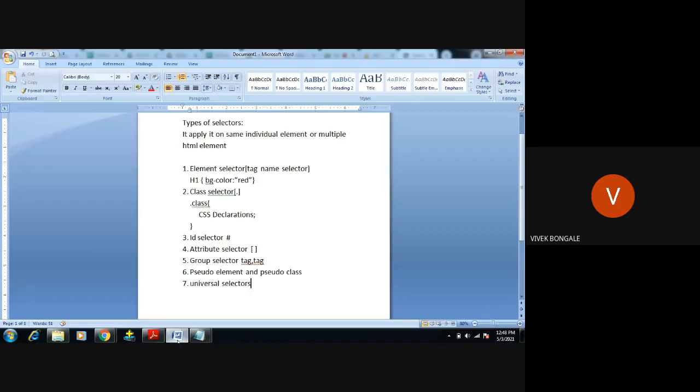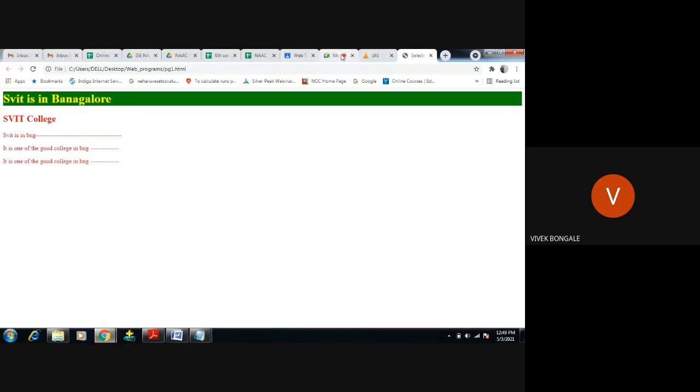So the universal selector is used with the asterisk symbol. Each selector has its own specific symbol. With the help of the specific symbol, it is an indication for the browser to perform that particular type of selector. That is, class selector means dot, id selector means pound, attribute selector means square bracket, group selector means two HTML tags divided using a comma, and universal selector is the asterisk symbol. We are left with only pseudo element and pseudo class. Okay, so